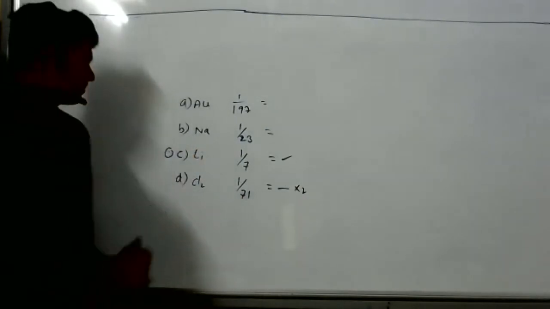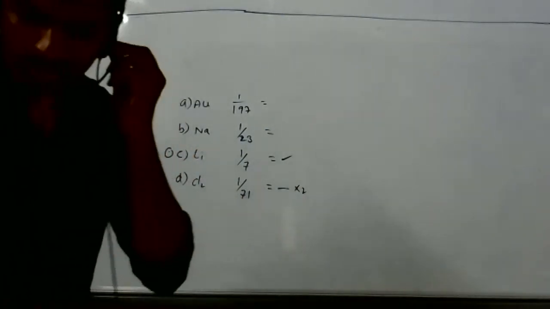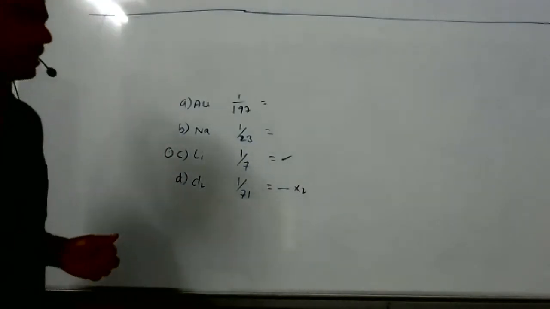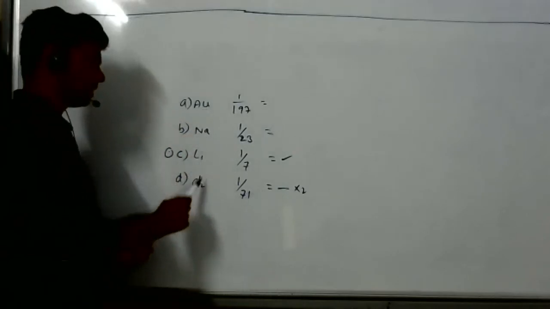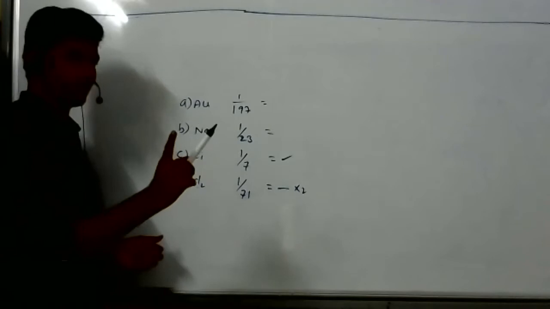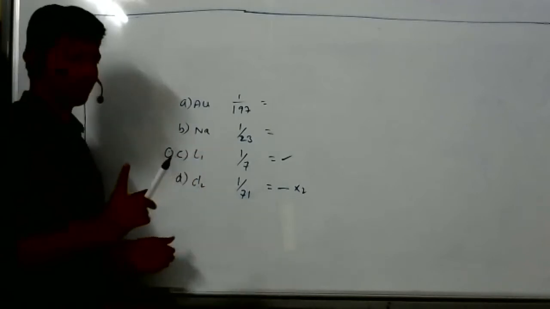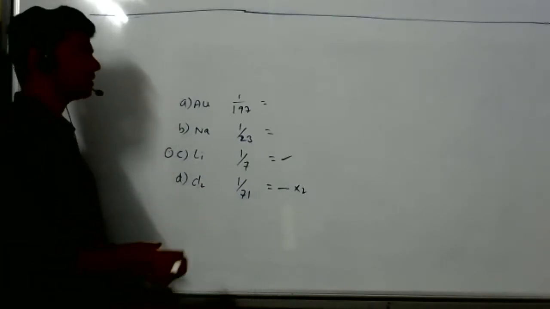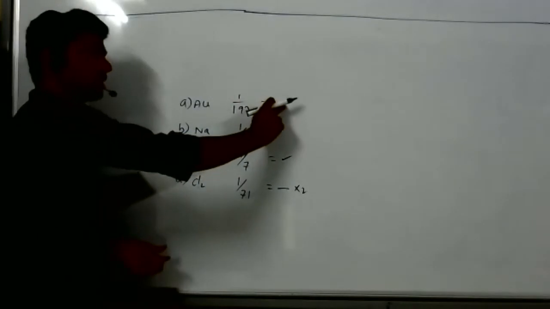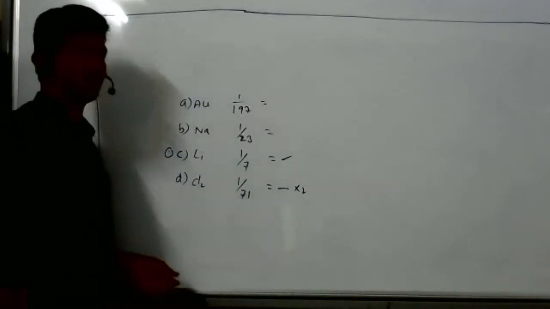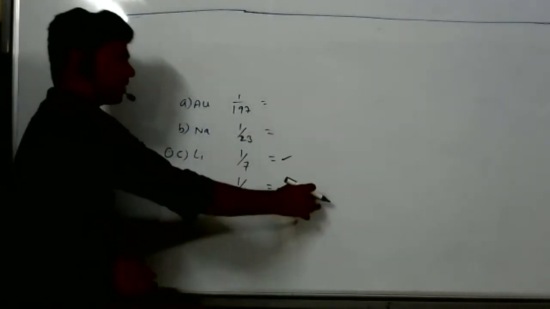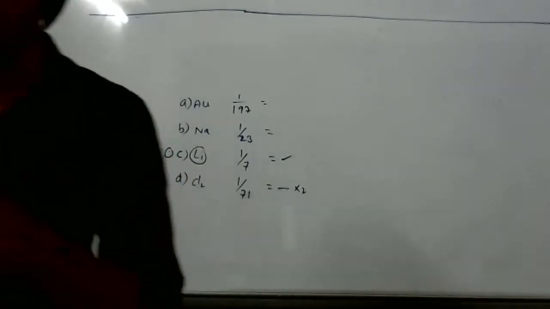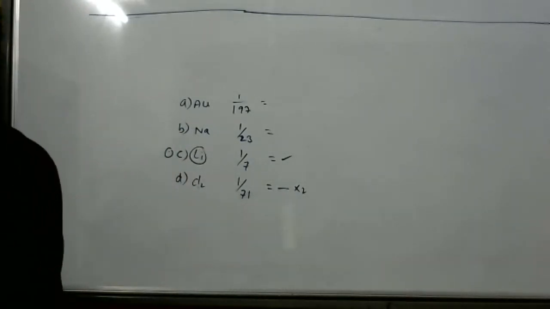C is the correct answer. Sir, can you tell what is the procedure for this? See here, the given elements are gold, sodium, lithium, and chlorine, and each one is 1 gram only. Calculate which one has more number of atoms. First, given mass divided by molar mass gives the number of moles, then multiply with Avogadro number. Here we multiply with Avogadro number for all, but the number of moles will be more for lithium, because it is only 1 by 7, which gives the bigger value. Got it. Next question, Ananya.